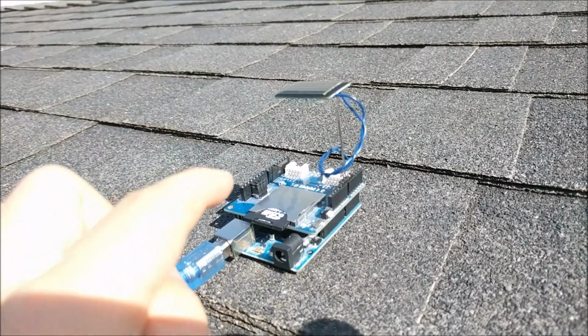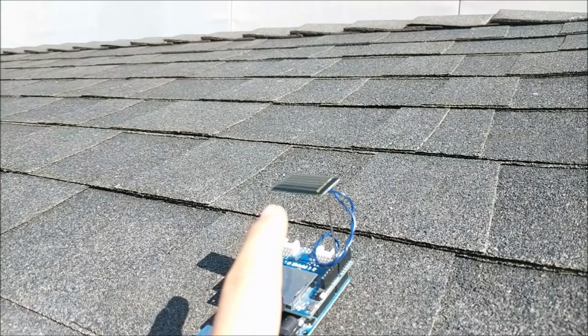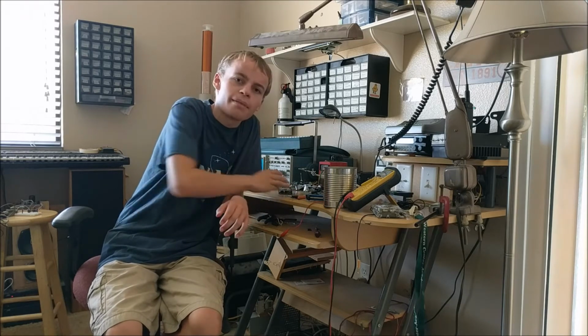What this data logger is doing right now is recording the voltage put out by the solar panel during the solar eclipse. And this voltage should tell us the sun's intensity. Alright, so now that we have this data logger on the roof collecting data, let's go take a look at